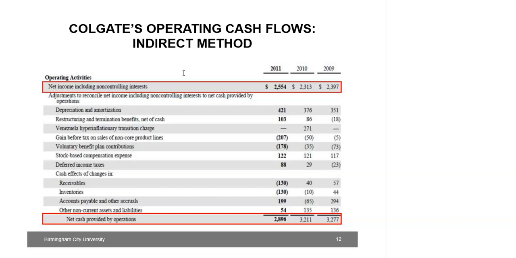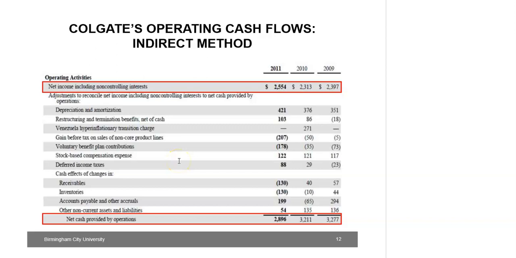Note that the amount of operating cash flow is identical under both the methods, that is, the direct method and the indirect method of reporting operating cash flows result in the same amount of operating cash flow. The presentation, however, differs across the two methods for the operating activities. Colgate's cash flow statement has been prepared using the indirect method, where the operating activities begin with the net income, and net income is actually linking the cash flow statement to the income statement.